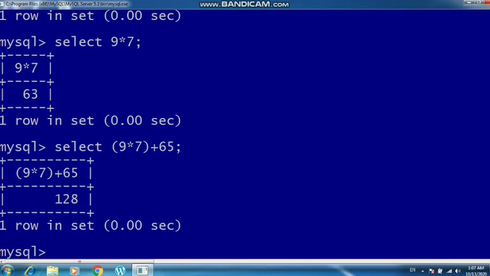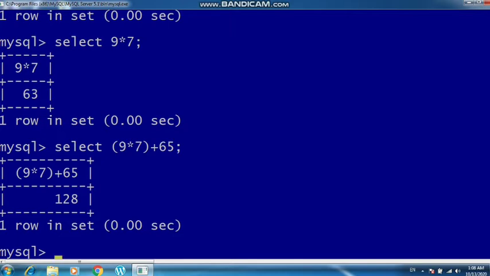Now students, I want to tell you that whatever output we get in MySQL after running any kind of command, we get the output with whatever the field name is. However, you can see that whenever we are performing some kind of calculation, we are getting the expression as the field name.